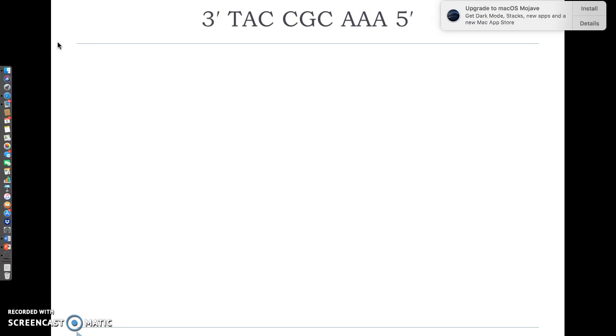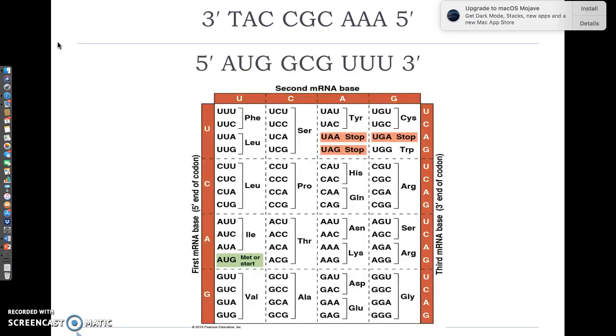The second codon in this strand is CGC, and the complement would be GCG. And finally, the last codon is AAA, and we don't use T's as a reminder in the mRNA strand, so the complement would not be TTT, but it would be UUU. Then you are going to look at the chart, and when you look at the chart, you want to start on the